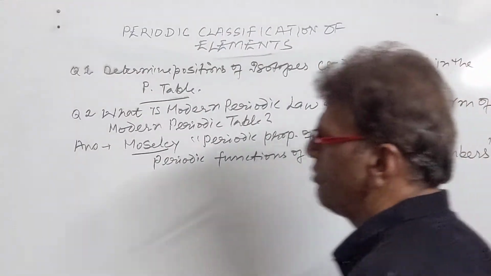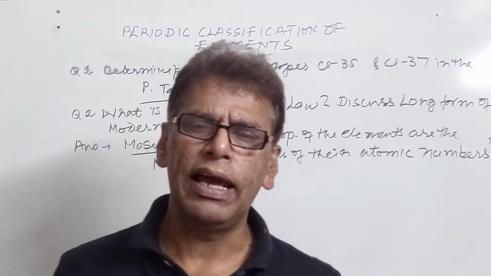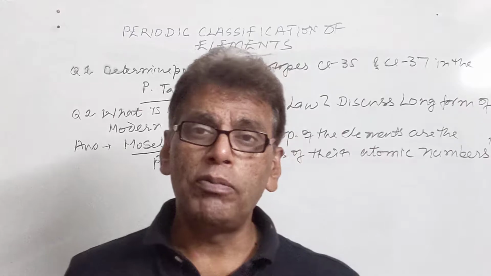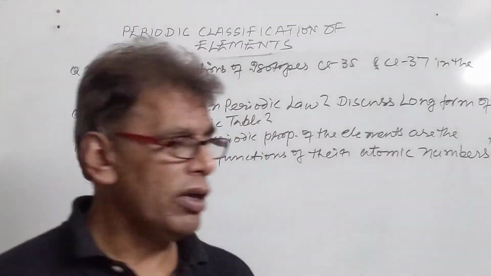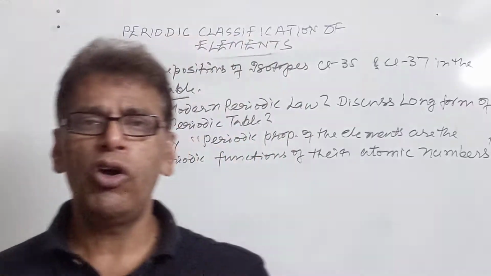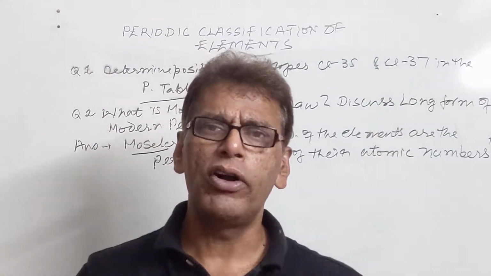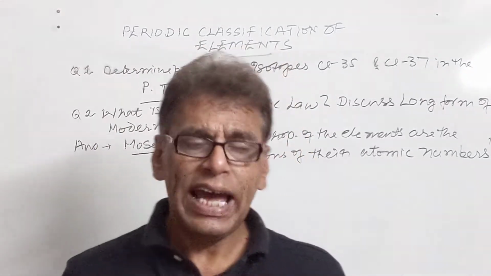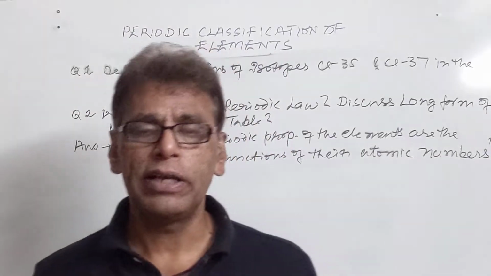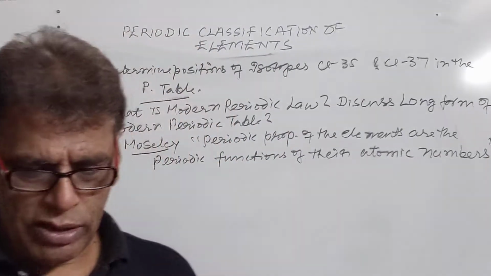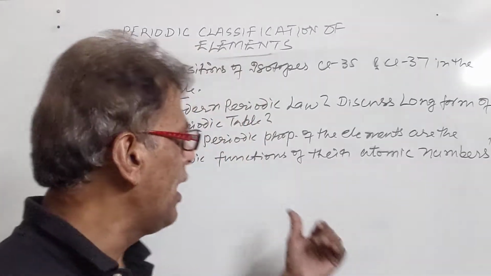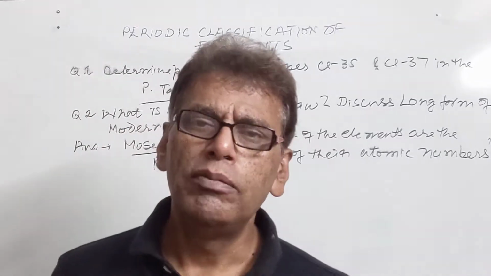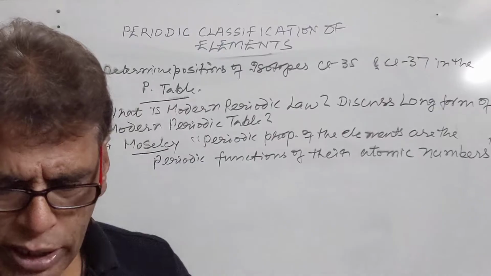Since atomic number is a factor which determines the number of valence electrons in a particular atom, isotope or isobar, periodic properties are governed by atomic number. On the basis of this law, he arranged the elements in order of increasing atomic numbers and got a huge table which was more lengthwise and less breadthwise. That's why it is called the long form of the periodic table. After the successful attempt of Mendeleev, the modern periodic table came, based on Henry Moseley's periodic law.